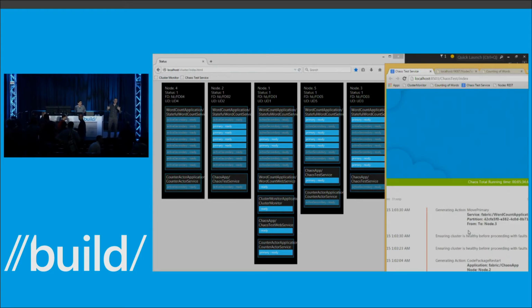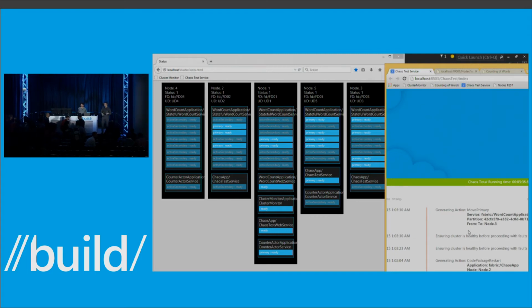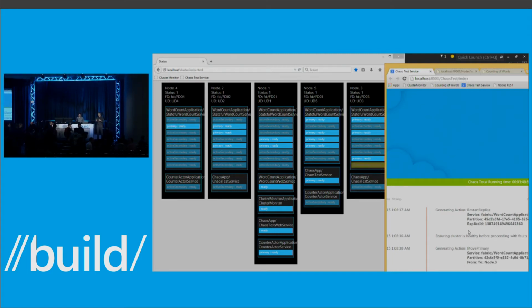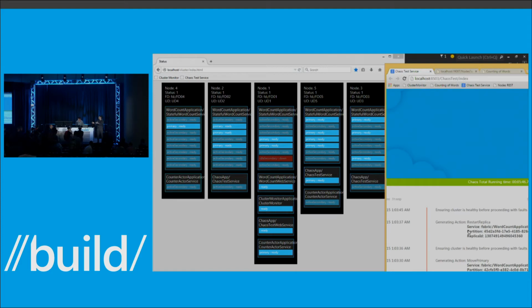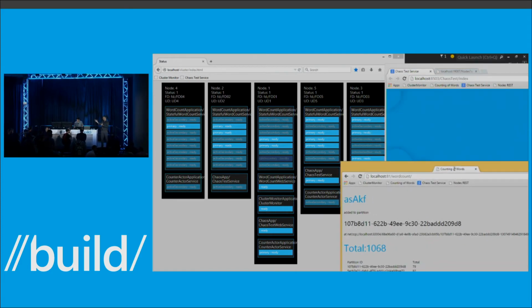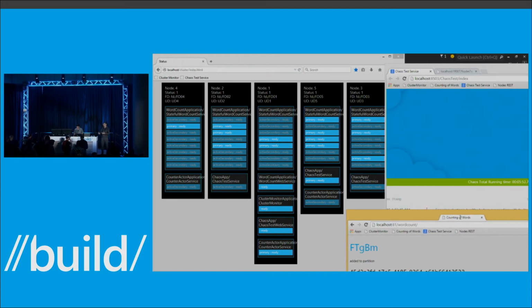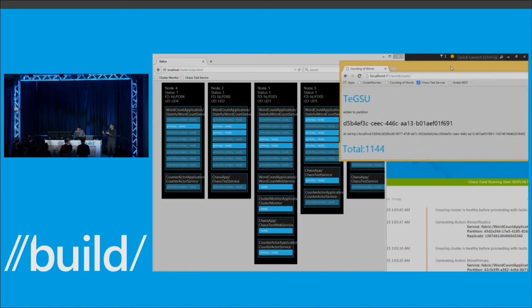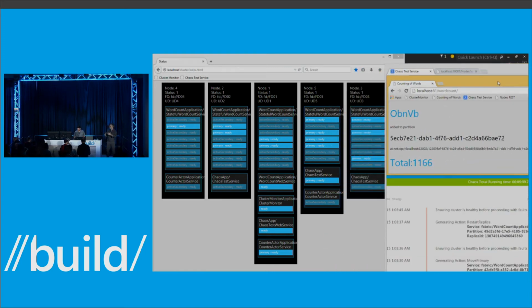Okay, so good question. The question is what's the migration path from existing cloud services going towards this, and will we be continuing to invest in cloud services we have today? The answer to that is cloud services will continue, and we'll have that for many, many years as a programming model. We'll provide migration guidance of moving forward to this. Effectively, you'll see today that the programming model API is very similar, so the migration pretty much is a similar programming model, and we'll provide design guidance around all of those.